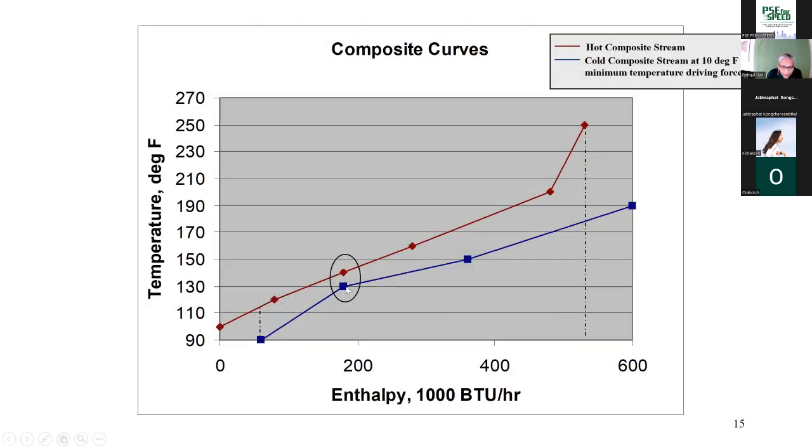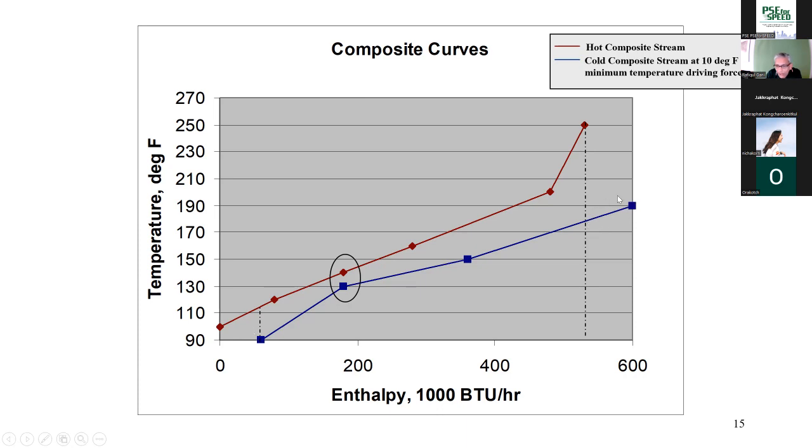And we combine the cold and the hot. And the nearest distance between the hot and the cold is here. And this is called the pinch point. And it's defined by the temperature approach, that at this point the difference between the hot and the cold is 10 degrees. But know that after the hot stream, there is one part here that needs heating. And after the cold stream, there is one part here that needs cooling. So what we saw before is not feasible. This is the feasible solution.